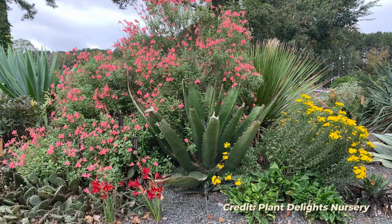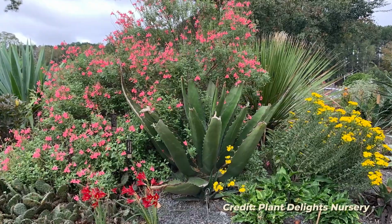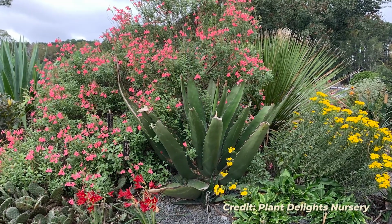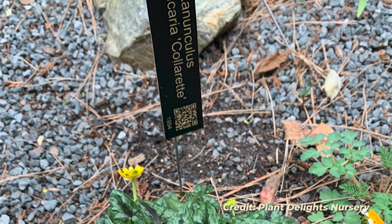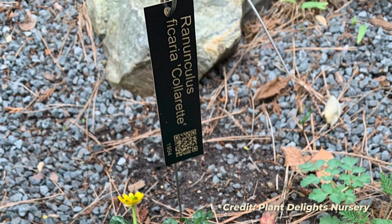The best one that I've ever seen in all my travels in the US is actually Plant Delights Nursery. I've got to send you some pictures. I think I took some, but they have teeny tiny signage. They're very long, and they are kind of a bronze color, so they don't show as much. And they have the QR code and the name on top. And they hang, so they're also very slim. So I thought, for all the botanic gardens, those gardens that really have to keep up with where is what, and so on,